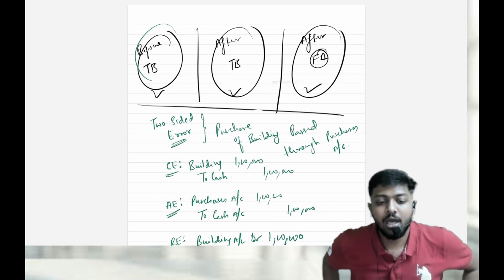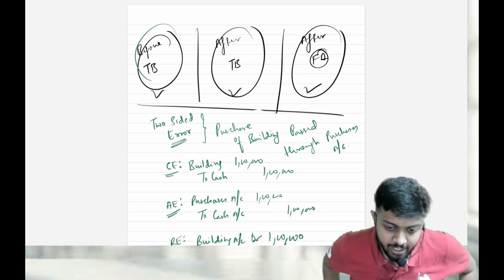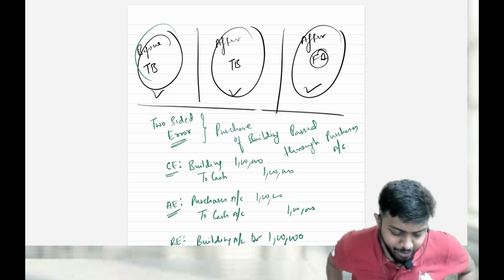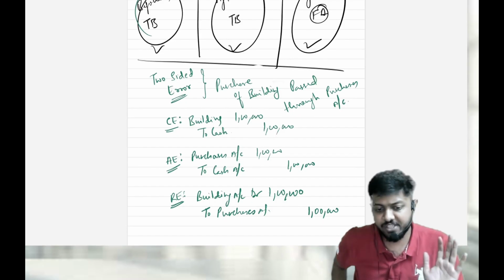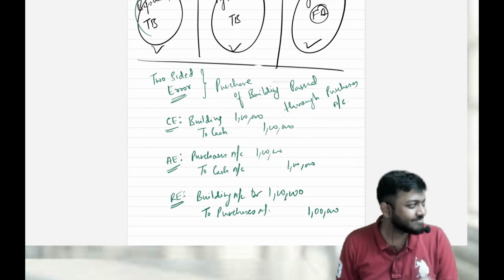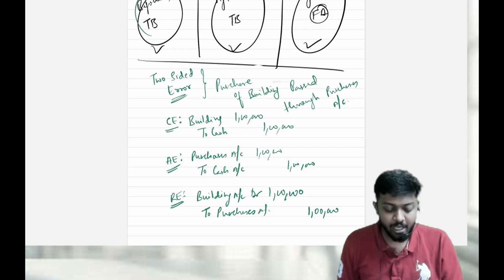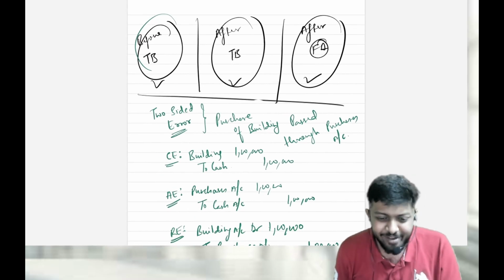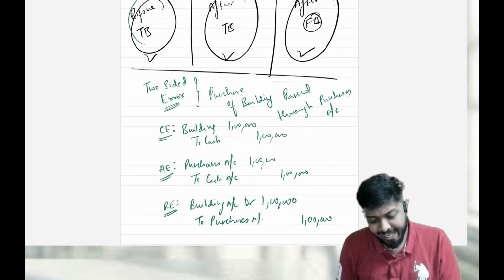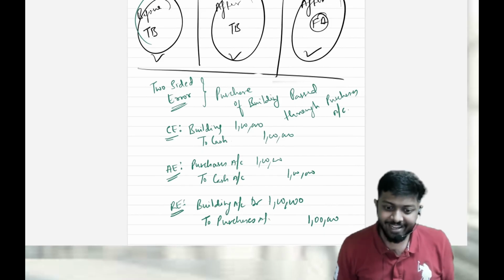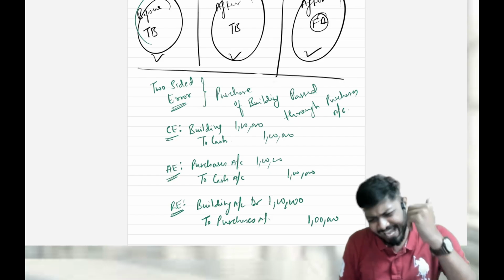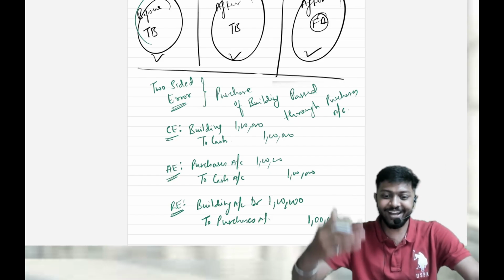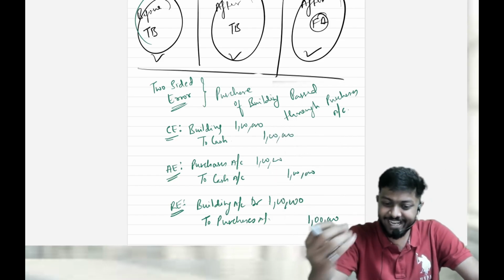Okay. Now, it's a two-sided error. So before trial balance, the rectification will be like this one. No changes. Okay, so that's super simple. Double-sided error, very simple. Sir, after trial balance, so what? Same thing. Same rectification, no change only. Wow. After final accounts, sir? After final accounts also same, no change only. Wow. Sir, double-sided error is very nice.